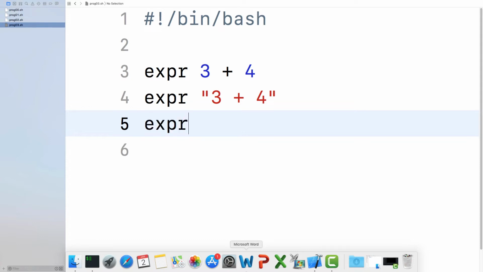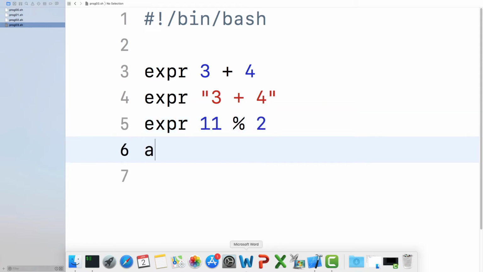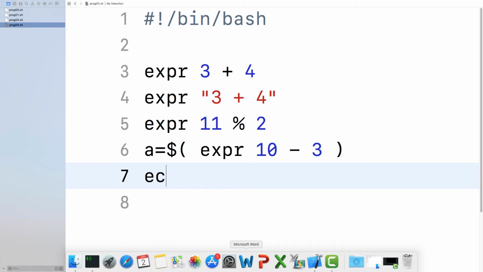If this doesn't work, then don't worry, we have learned that something doesn't work. And a equals $(expr 10 minus 3), echo $a.